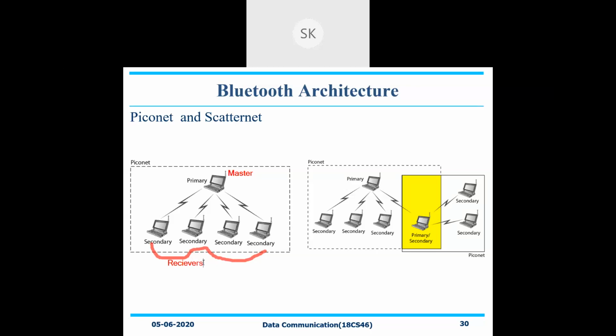Okay, so this is nothing but your Piconet, one type of network. In a similar manner, if you have n number of primary and secondary nodes, whoever is sending the data is the primary, and whoever is receiving the data is the secondary. So any number of persons can be a primary or a secondary. If the person is receiving some particular data, then he will be the secondary. The person who sends the data and initiates the connection is your primary, the master node. If n number of such things are happening, then we call it a scatternet. That's all with respect to your Piconet and scatternet.